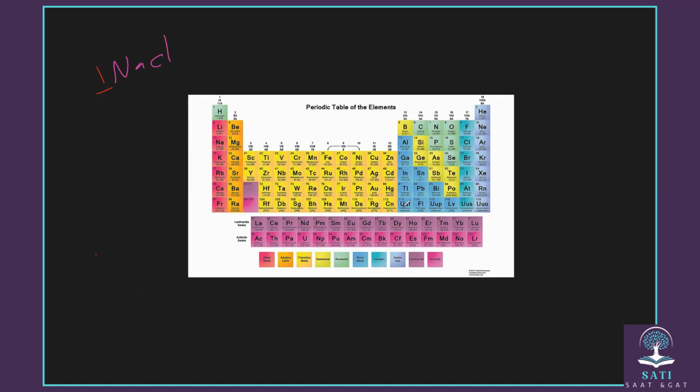But you need to remember, the mass of 1 mole of NaCl will be the mass of 1 mole of each of its components. So here we have 1 mole of sodium and 1 mole of chlorine. If they combine chemically, they make 1 mole of NaCl, which is sodium chloride, the salt that we know. What is the molar mass of the whole compound of NaCl? Again, it is the molar mass of each one of them,